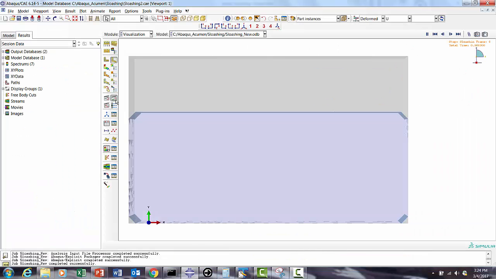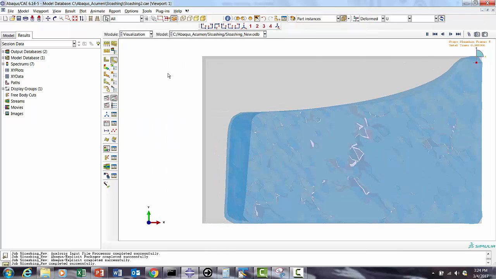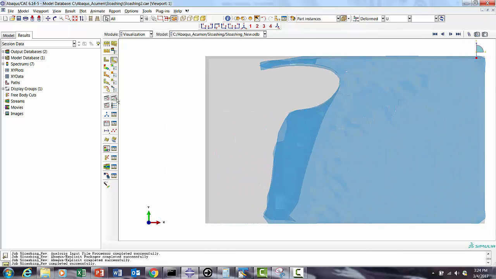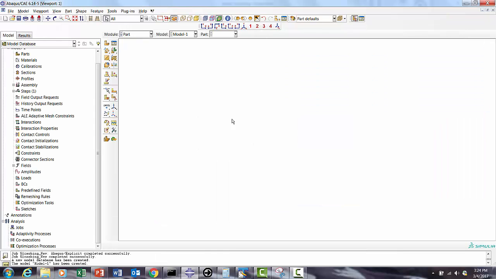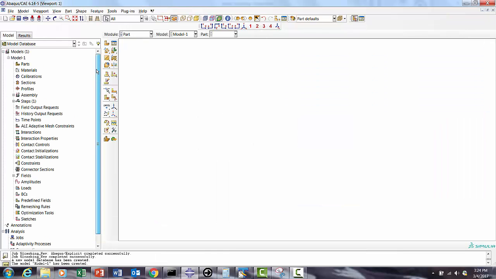Just at the end we are expecting that it should get a sloshing. So let's say new. What we'll do first is build the Eulerian mesh. So create,